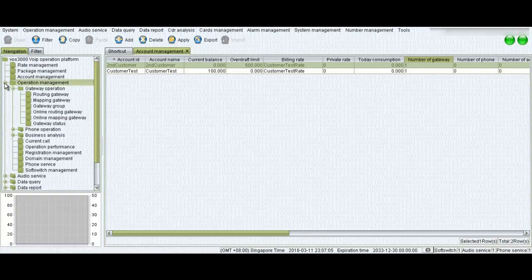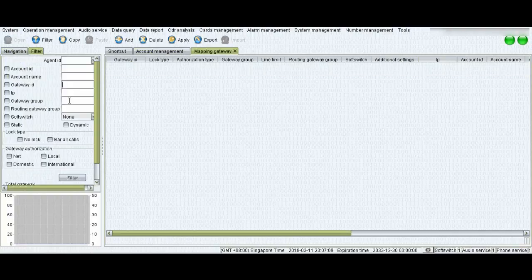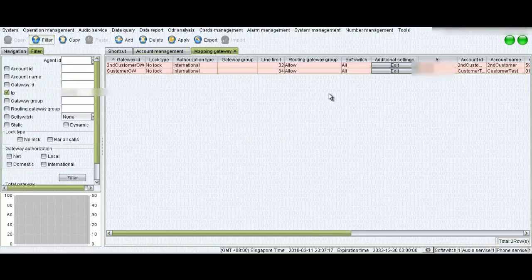So the best option is to go to account management and then the mapping gateway option. Click here, check this option, enter the IP address and click filter, and you will get the record of your customers, and you'll find out where the problem exists.